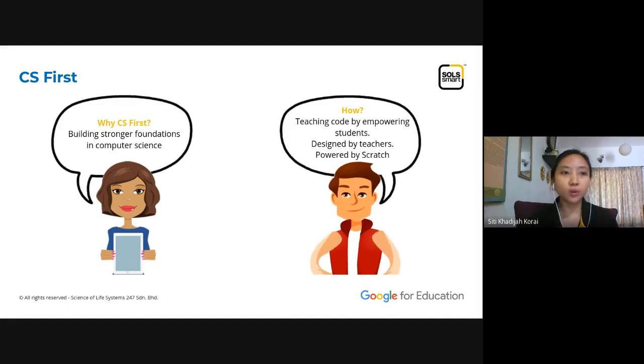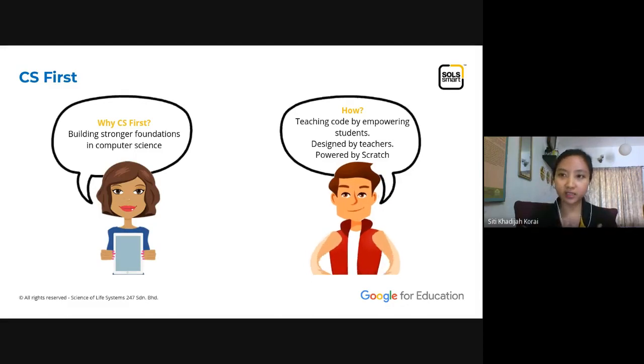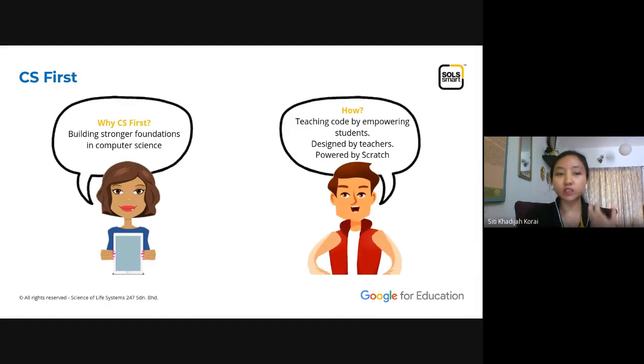Okay, so why CS First? Because again, we want to develop a mindset. We want them to understand what computer science is and how fun it is. So we want them to see it first, because if we just said computer science, not everybody can understand it. So that's why CS First is trying to let the students know how fun it is to learn computer